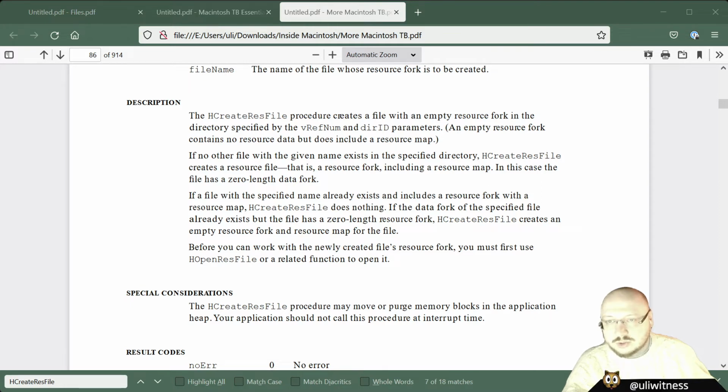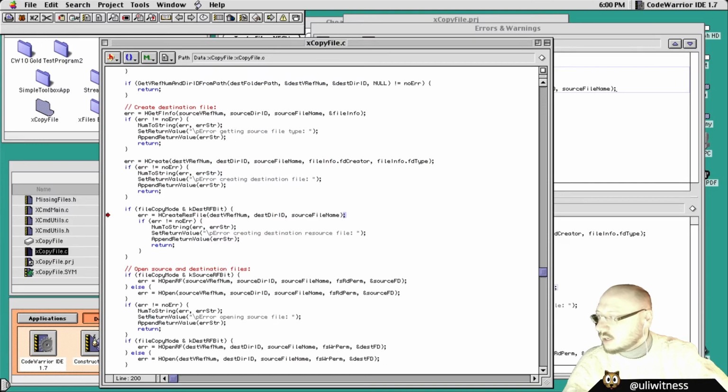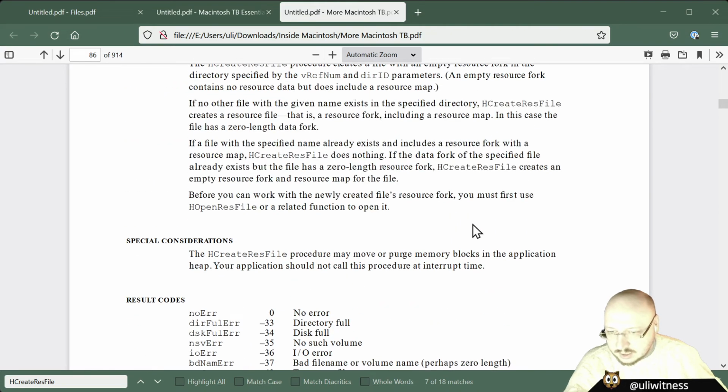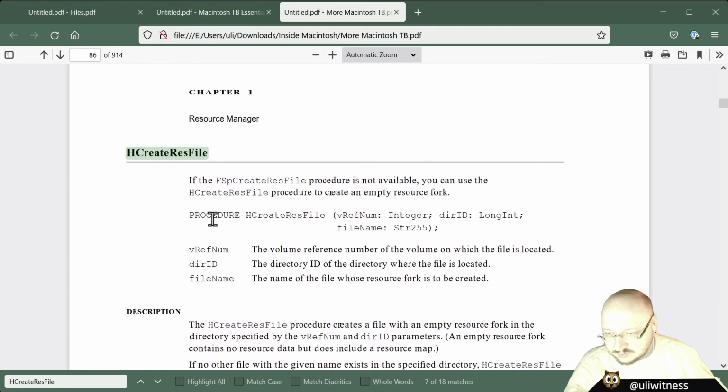Oh, and HCreateResFile does not actually have a return value. Oh, and why didn't anyone tell me that I still had Inside Macintosh open? I just wanted to open it up and realize it was still there. Okay, HCreateResFile. Yeah, it's a procedure in Pascal, so that means it doesn't actually ever